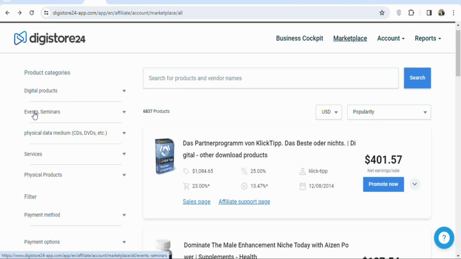You can see events and seminars. If you want that, you can click on it and then find a product to promote. Physical data medium, you can get a product. Services, you can get a product. Under physical products, you can get a product to promote. The physical products, most of them have a high commission rate, so you can click on it and then select